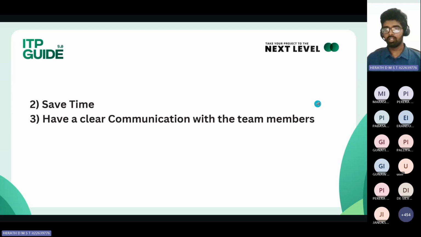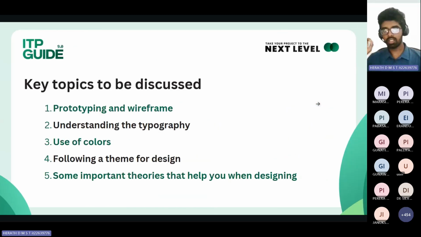So let's get into the key topics that I'm going to discuss today. First, I'm going to discuss what is prototyping and wireframe, an understanding of typography, and also colors. As number 4, I'm going to discuss how we follow a theme for a design, and at the end we're going to discuss some theories and tips that will come in handy when you do designing. So moving into the next slide,